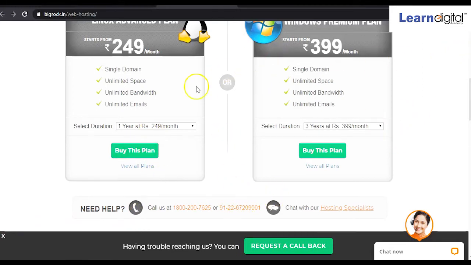The process will be the same. You have to click on buy this plan, then again you will have to create your account. After creating your account, you will be generating your username and password, and after logging in, one dashboard will be there, and you can see your active hosting plan or active domain. With one account you can take multiple domains as well, right?